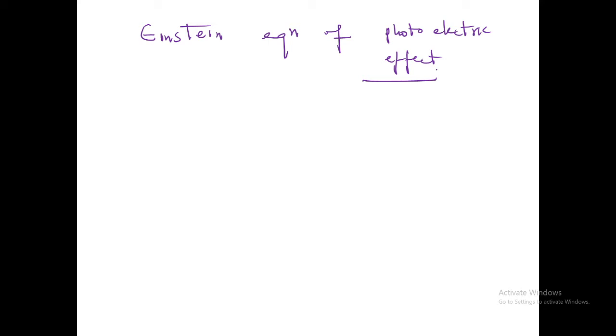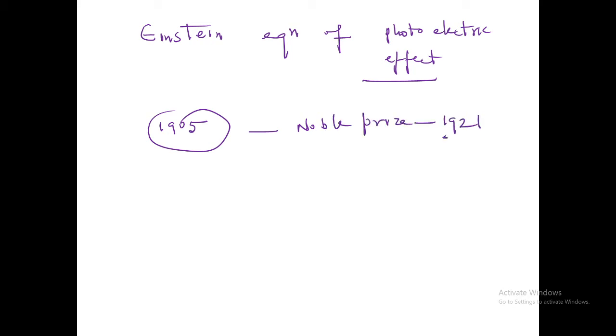Albert Einstein explained the above mentioned observations, again taking help of Planck's quantum theory, in 1905, for which he was awarded the Nobel Prize in 1921. According to Planck's quantum theory, which I had already explained in an earlier lecture, light consists of massless particles,